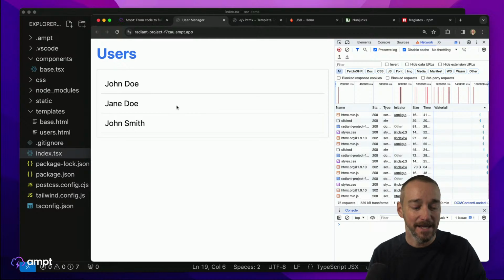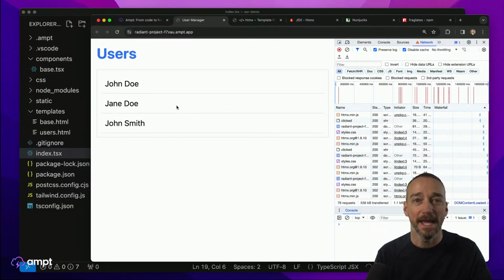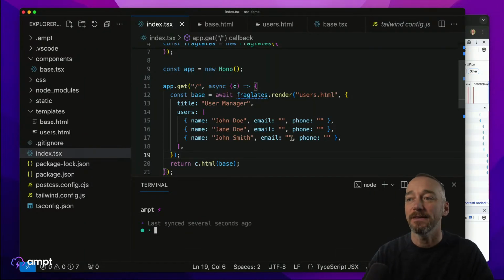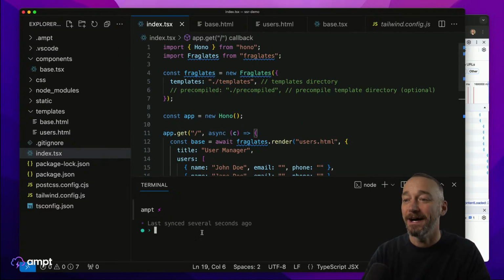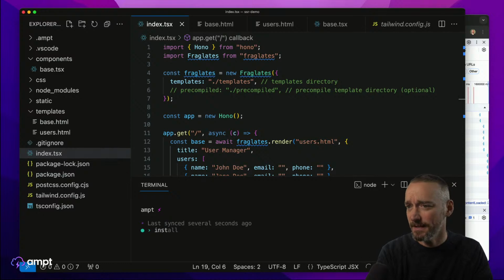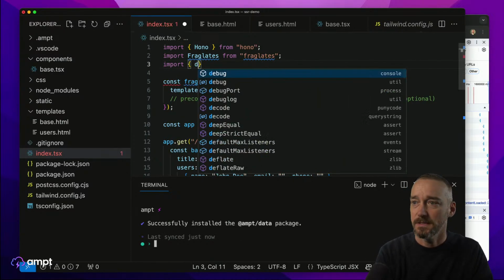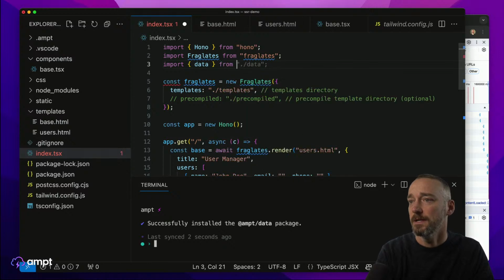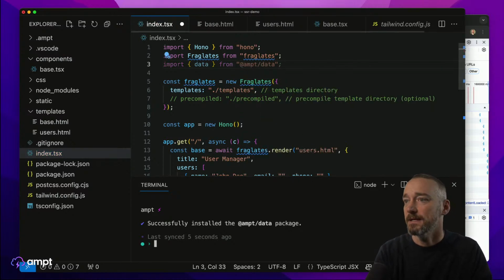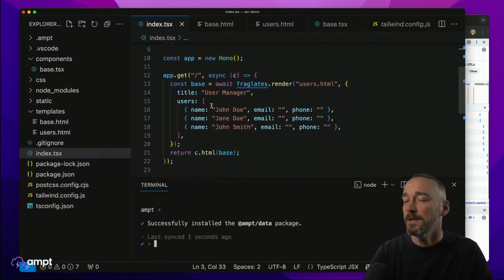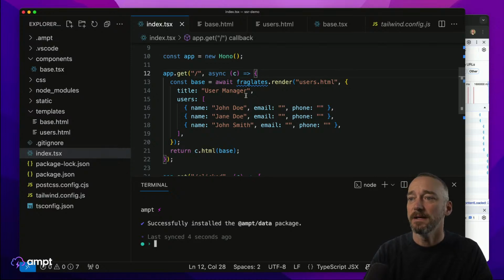So that's just the template doing that work for us. Again, I like the idea of simple template behavior working, and that's fine. The other thing that I want to do though is it would be great to have this load from a database. So I'm going to install @ampt/data like this, and then I'm going to import data from @ampt/data like that. And then when we load this page here, there are a couple different things we could do. We could load the users outside of